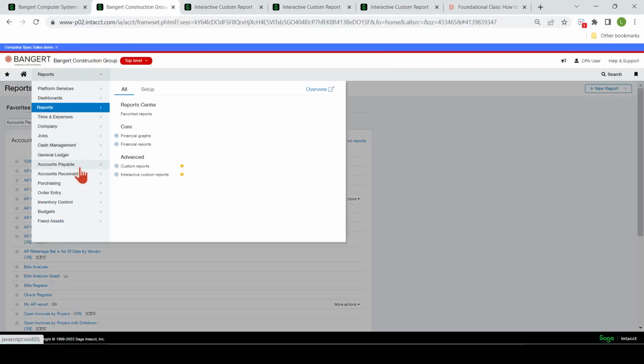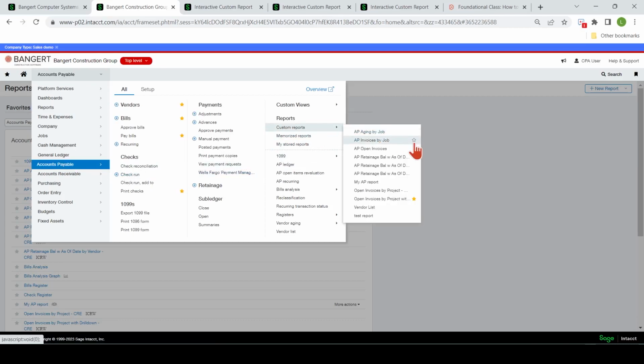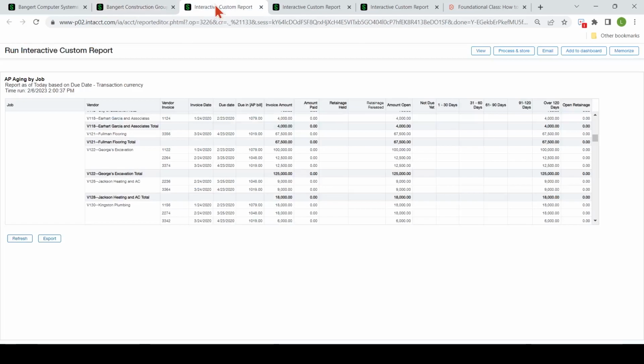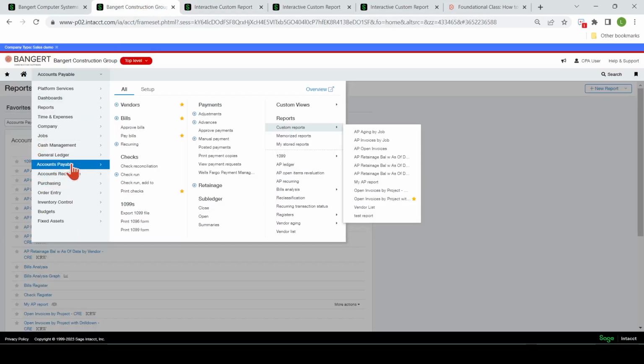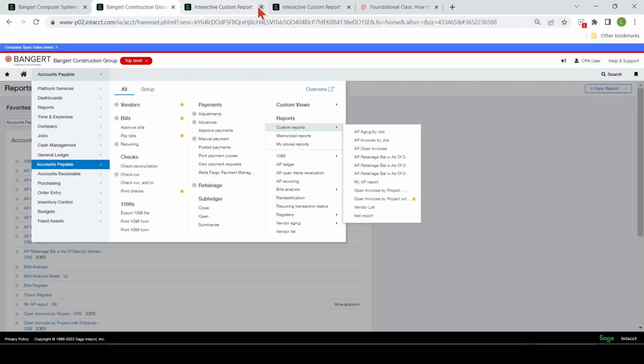Again, if you go to the accounts payable menu, you can see it in here. Any custom report writing you do, you can put into the menu in these different modules so that it shows up in this list for you. This one here is the one I'm on. I can get to it through the report center, or through the module's report menu over there. Let's go back to report center and close this down.